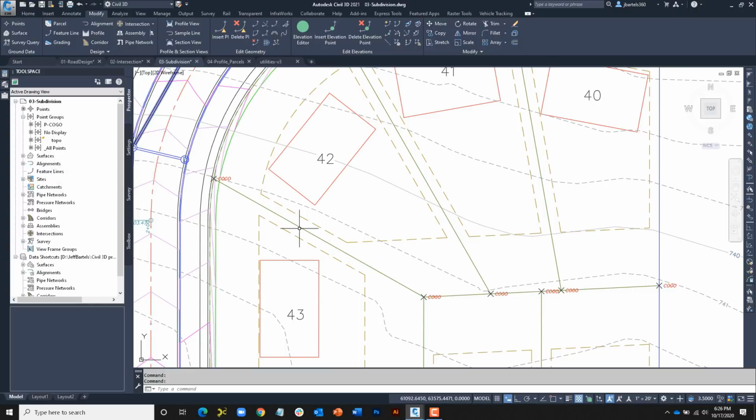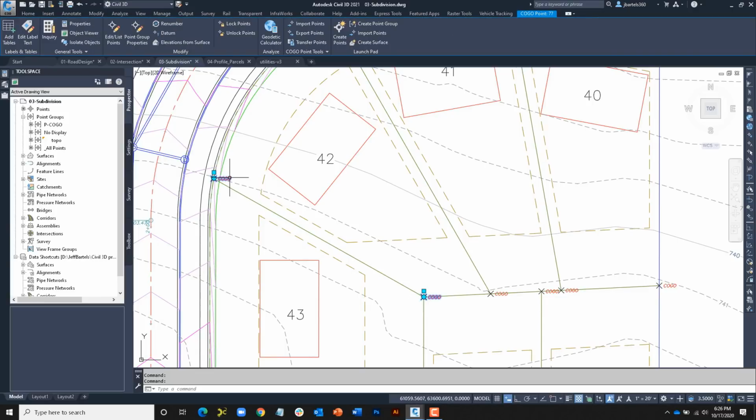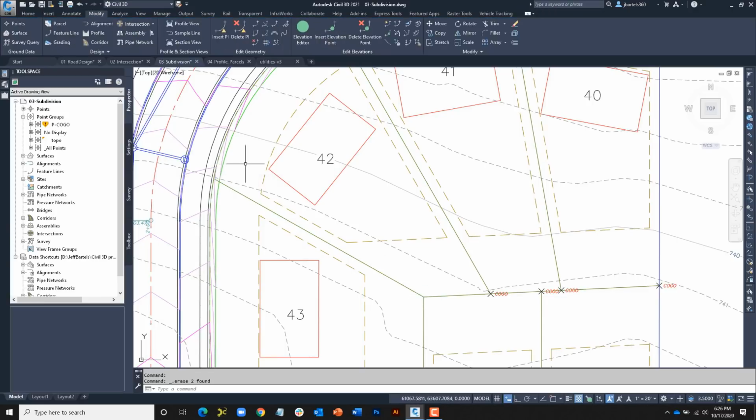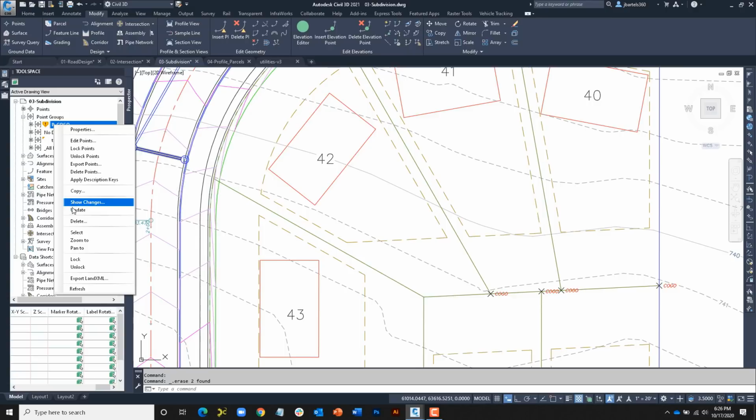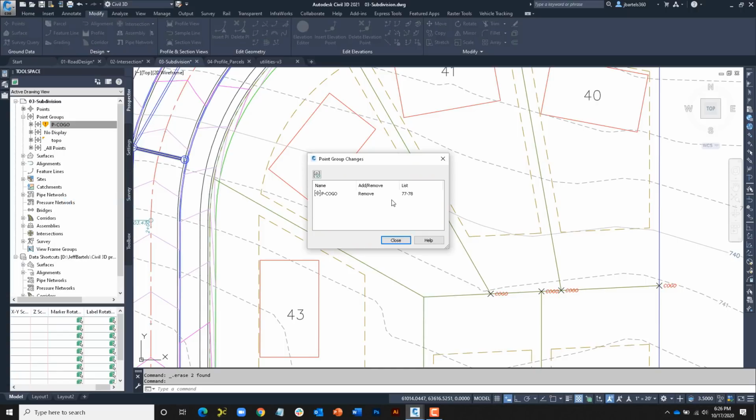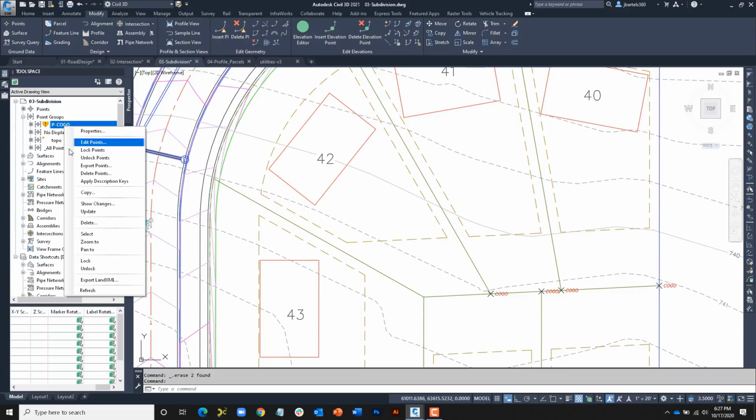I'm sure you're aware if we add or remove points, it will require us to update any of the affected point groups. As an example, I am going to select a couple of these Kogo points, and I'll press Delete. You can see the shield shows up next to that point group. From here, we would right-click and choose Update to update the point numbers in that group. Note there's also a Show Changes option. If I select this, it will show me exactly what it's going to do to update that group. As you can see, it's removing some points. If there were points added to the drawing that are going to be placed in the group, it would show me that as well. Let's click Close, and then I am going to update this point